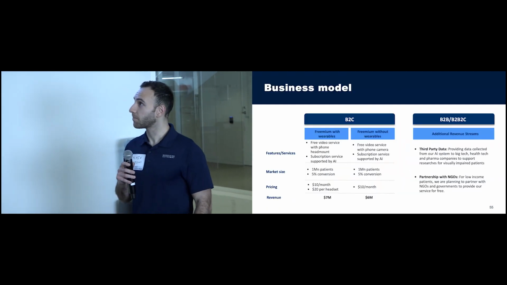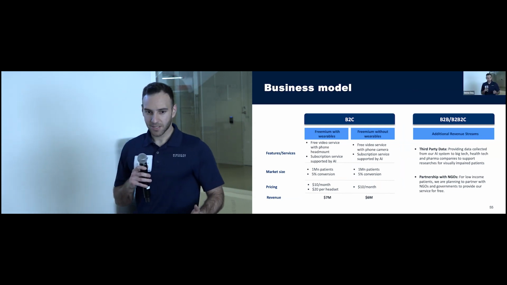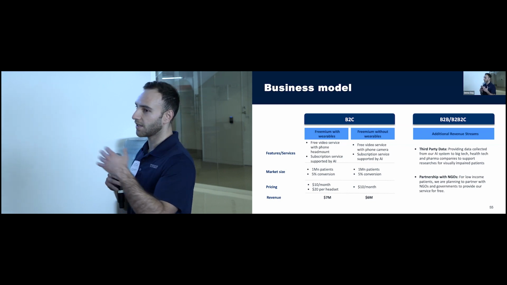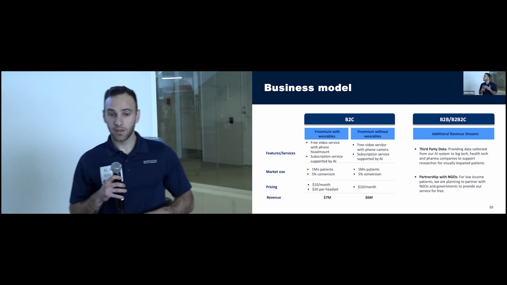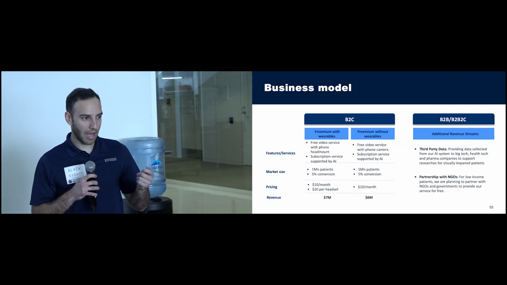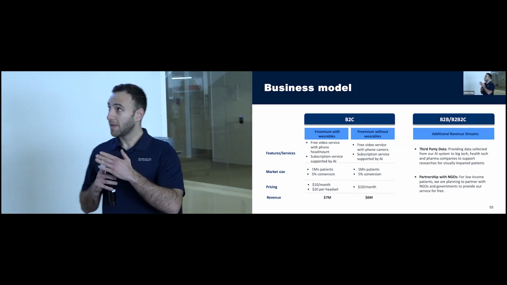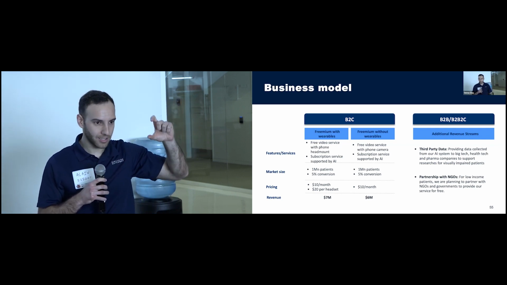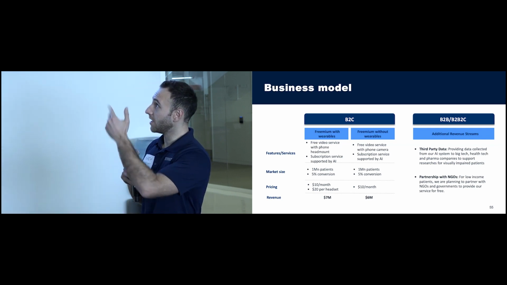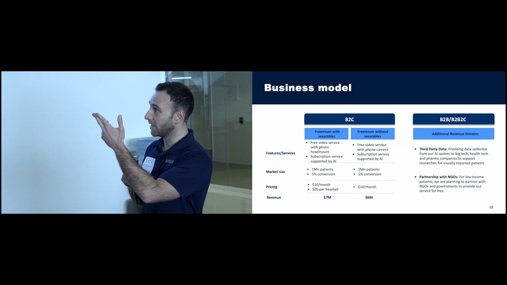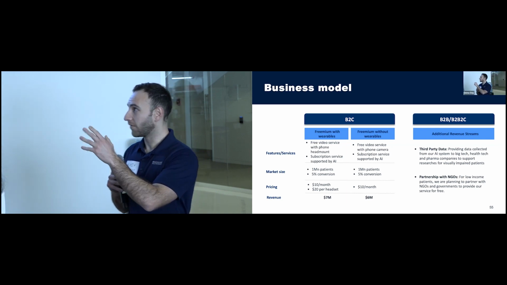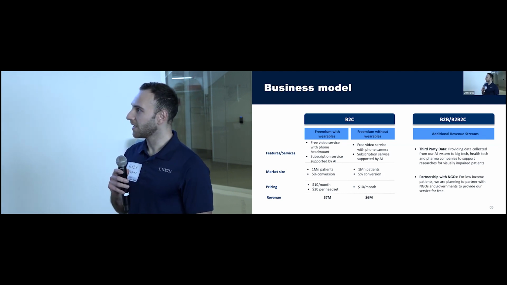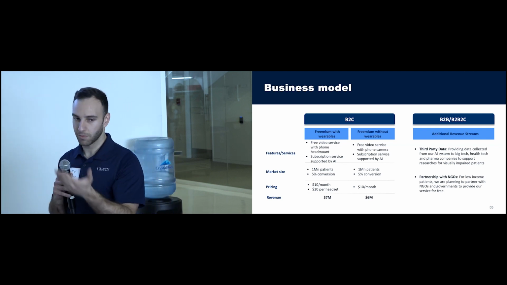Next slide, please. And in terms of the business model, or how we will make money, there are 2 main avenues. The first one is the B2C, and then the second one is B2B2C. The B2C part is simply a subscription model, and it can be as well with a wearable, and the wearable is just a head mount to put the phone on to make it easier. But to start off without the wearables, you basically have 1 million patients, which is approximately 3% conversion, and it's $10 per month. Eventually, you'll have around 6 million, and then afterwards, if you include the headset, it will be around 7 million.